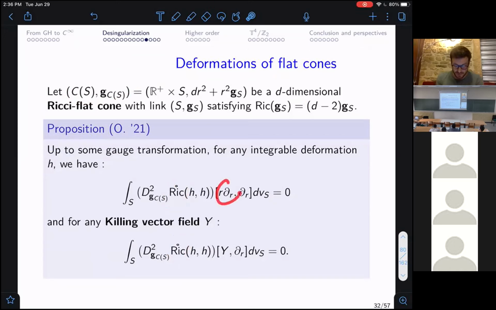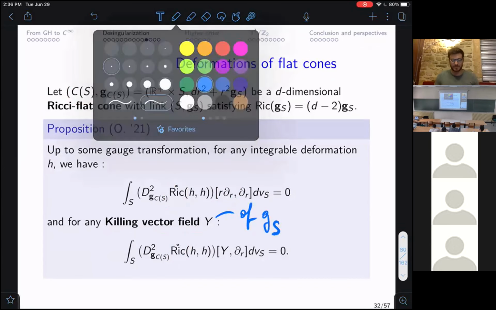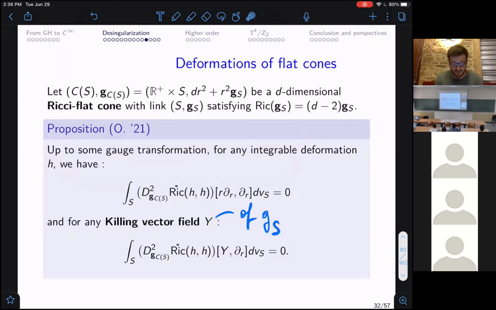And they hold for both your conformal Killing vector field r∂r and any Killing vector field of g_S. So yeah, you have these very similar obstructions in the other setting that was E here,